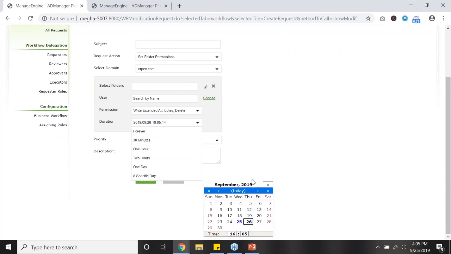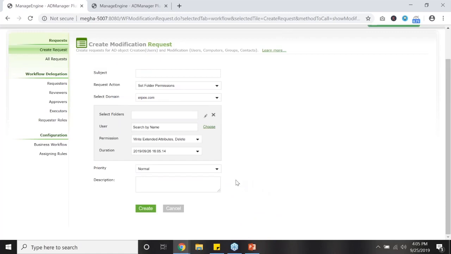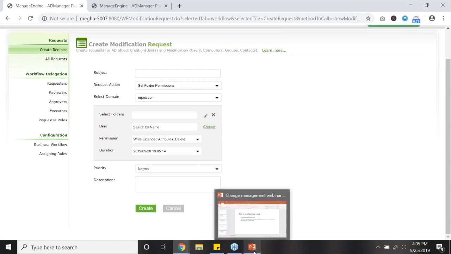Now, not just group memberships, we also have folder permissions. So you can specify the subject, what is the action, set folder permissions. You can choose the domain. Here we can select the folders, right? Just click on this and select the folders that you want. Name of the user, you can choose the name of the user. Again, you can just enter the name or you can just select them, and what is the permission that you